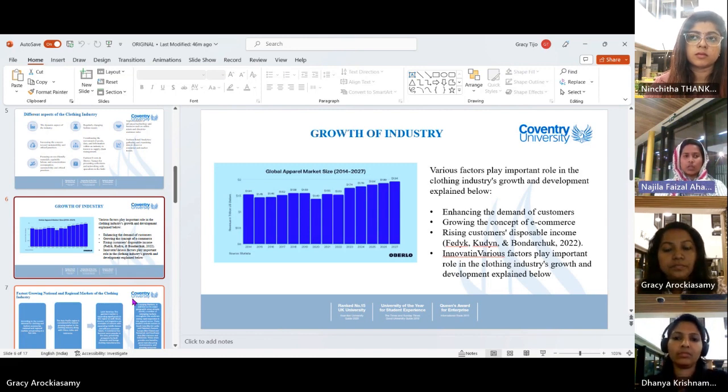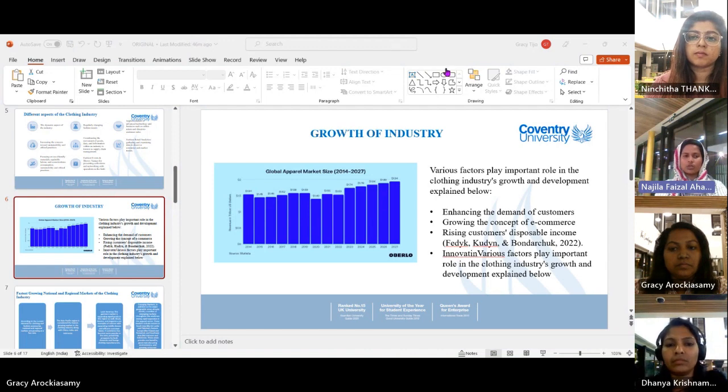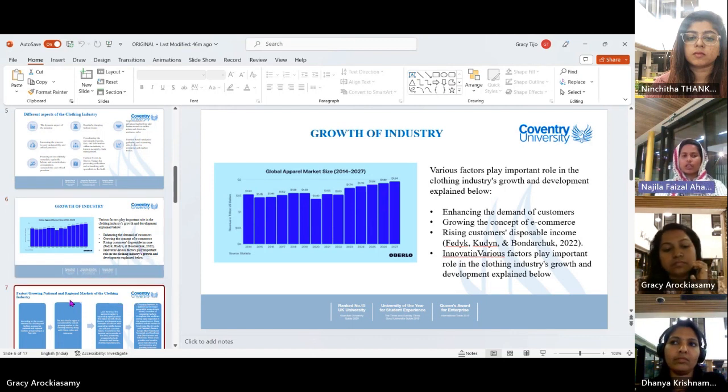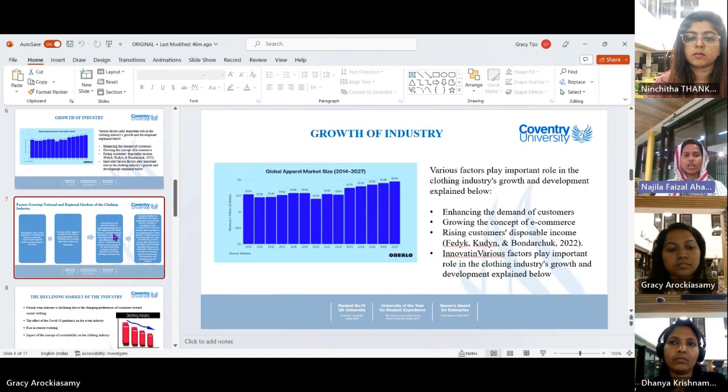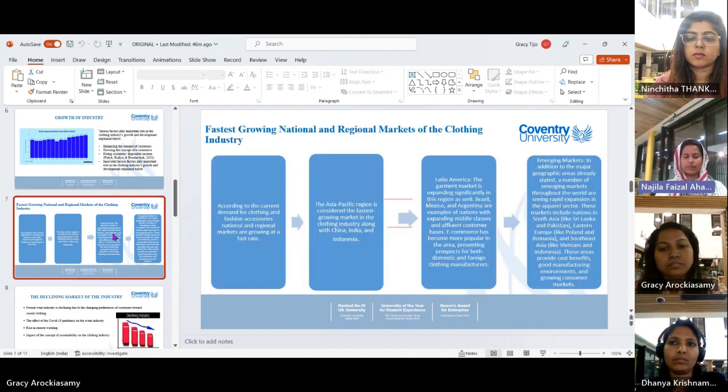The clothing industry has witnessed sustainable growth due to globalization and increased consumer demand worldwide. The concept of fast fashion, characterized by rapidly produced and affordable clothing, has gained popularity. Then we go to the next slide, the fastest growing national and regional markets of the clothing industry. This slide shows that the reason for this growth is the growing trend of e-commerce in the region